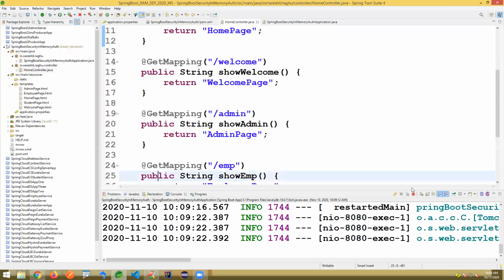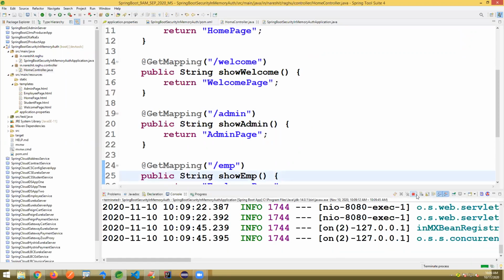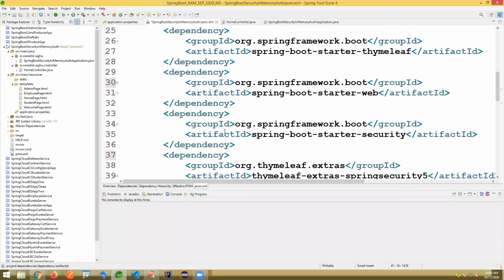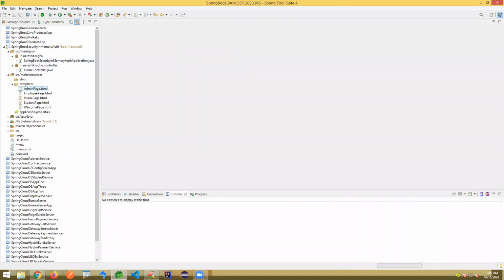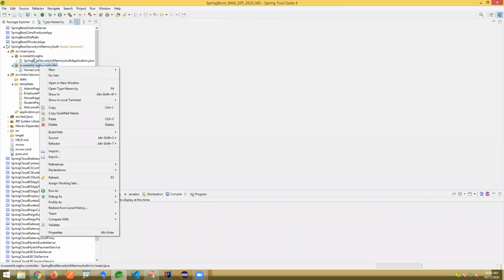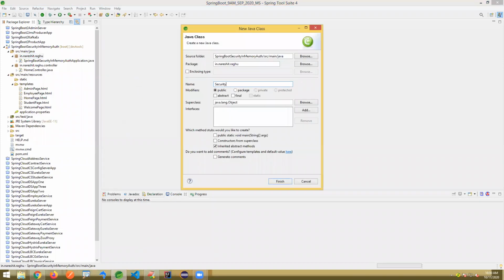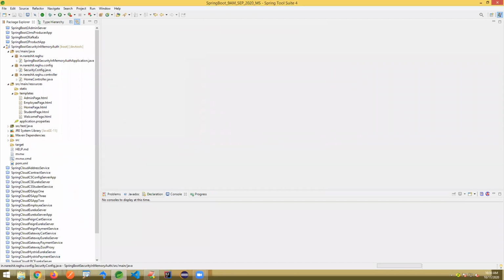I just want to ask for a login process and all here. Security I want to implement. Now what we are doing here is enabling the security dependencies. Now I am writing the security configuration. Security config. Okay, security configuration I'm writing here.